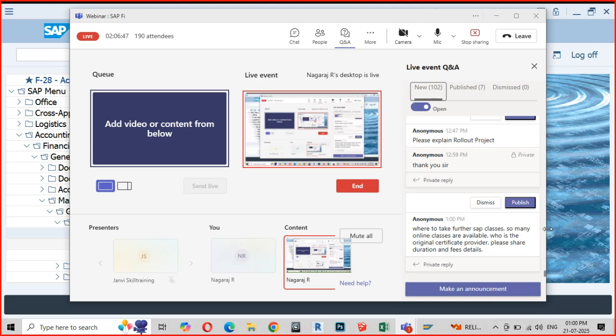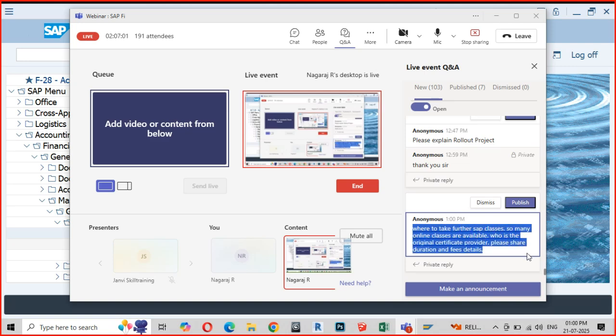Where to take further SAP classes? There are so many online classes. Please share the duration and the fee details. Sorry, I will not be the right person to answer this question. But yes, there are authorized institutions.